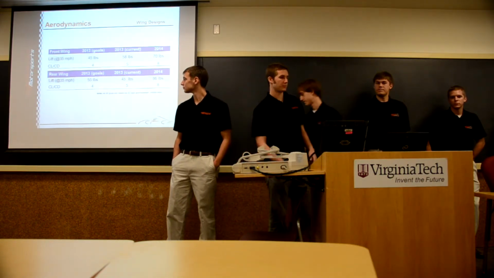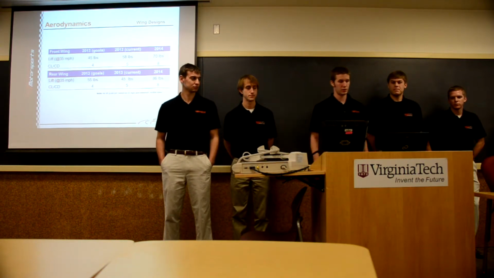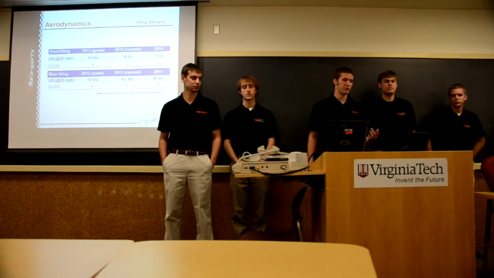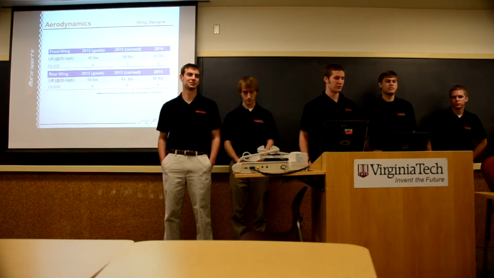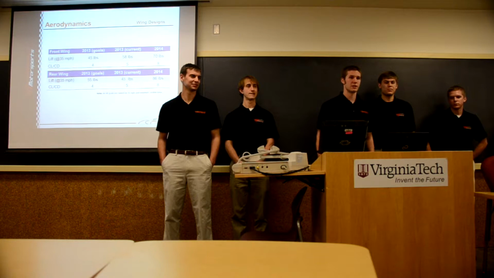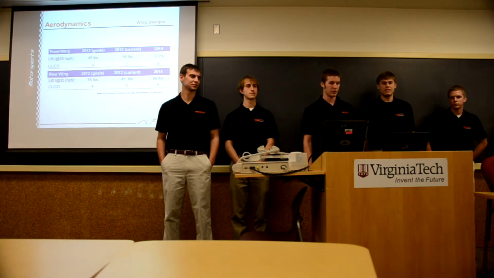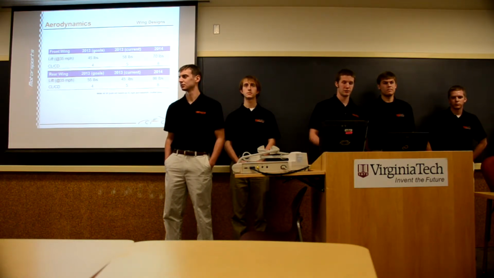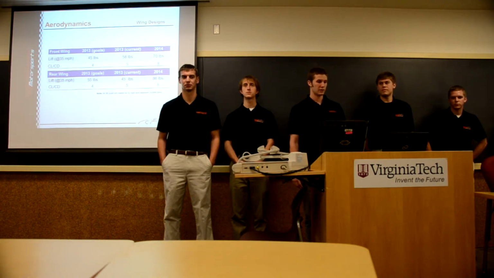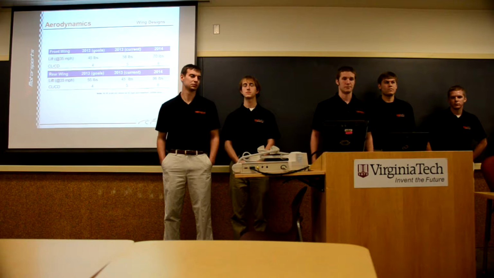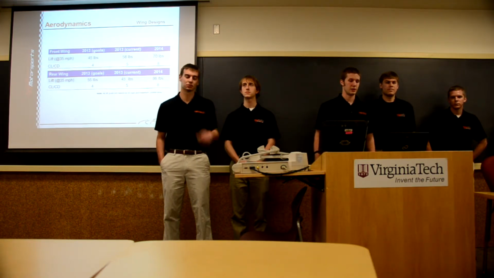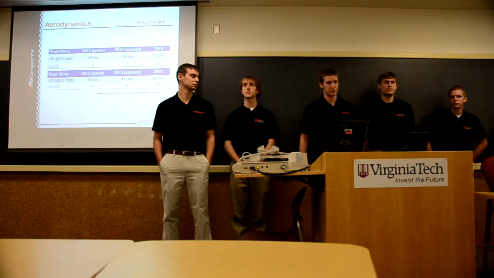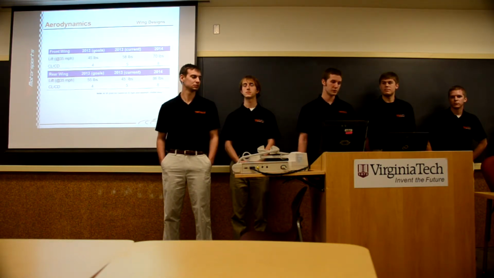Alright, so for the wing designs, currently our 2013 goals were to produce 45 pounds for the front wing, 55 pounds for the rear wing at 35 miles an hour. And with our current design, the front wing, due to ground effects, is able to produce 58 pounds of downforce, while the rear wing is able to produce 45 pounds. So with that 2013 design, we're going to have to tailor the front wing so that we can keep the weight distribution at our goal of 45% created by the front wing, 55% by the rear wing, to